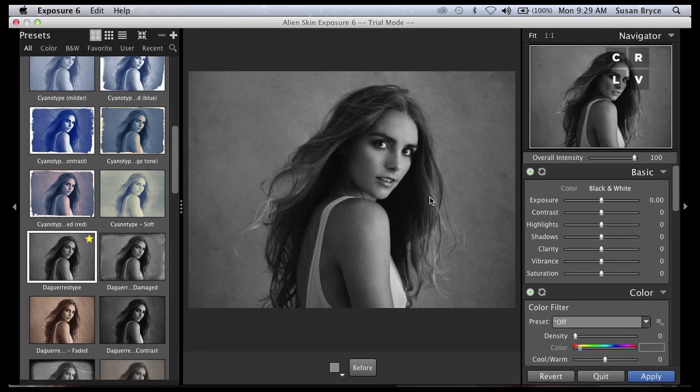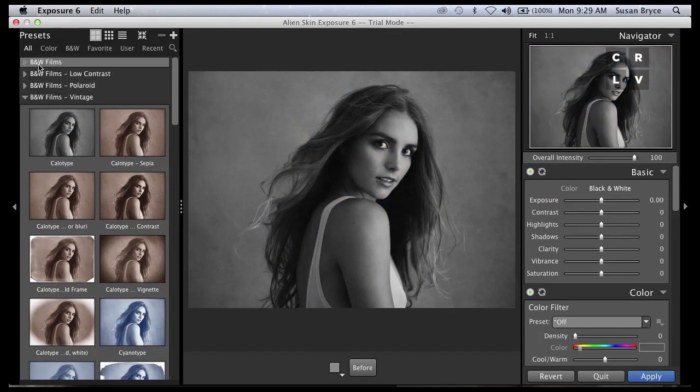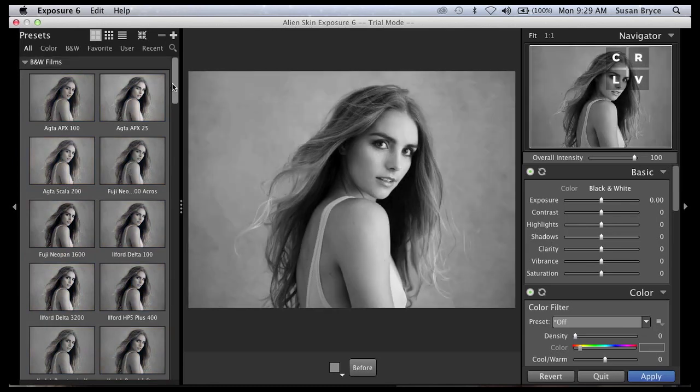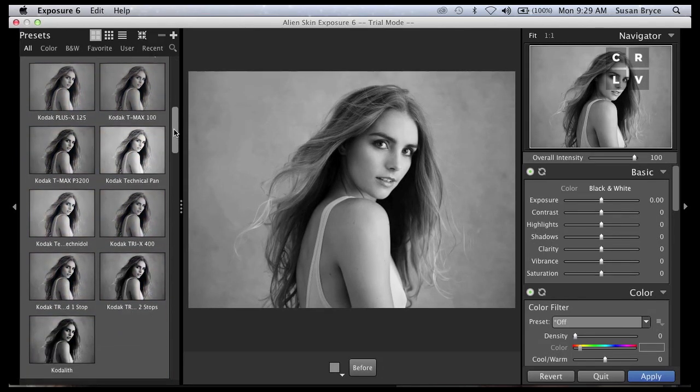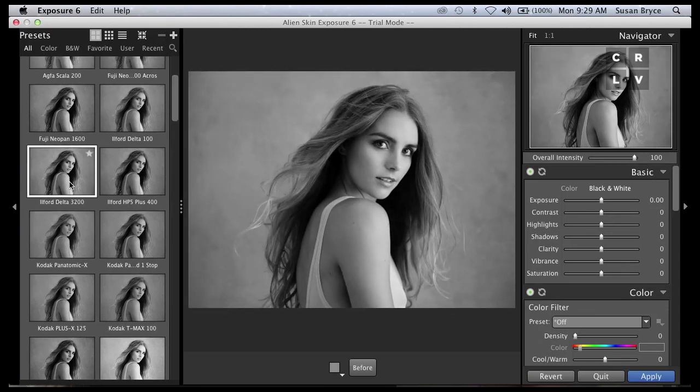I mean, there are 50 black and white filters that I like that actually resemble film I used to shoot on. So if I go up to black and white films, these films were really what I used to photograph on. There's a 3200, Ilford Delta 3200. I actually spent maybe 5 years shooting on this film in 35mm when I was shooting in the studio in the late 90s, and it resembles this so much.